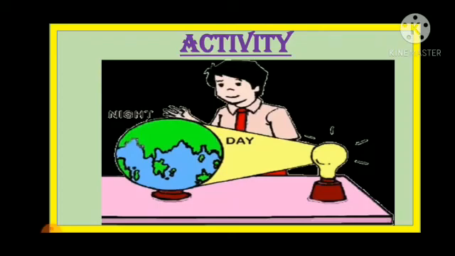As it moves, the red point will pass from the lighted side to the dark side, and this means this part of the earth now has night. Now we can notice that the black point is now on the lighted side. This means this side now has day. Okay. This concludes that day and night are caused due to the rotation of the earth. I think it is clear to you.